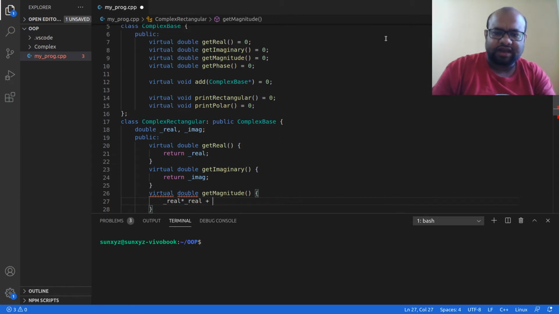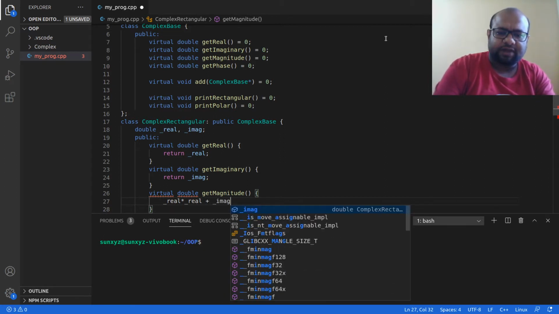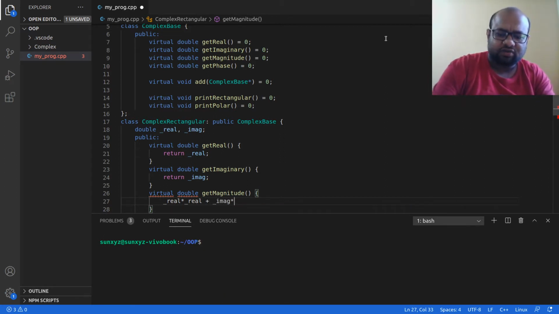Then I take the square of the imaginary part, image into image. I add these two things together.